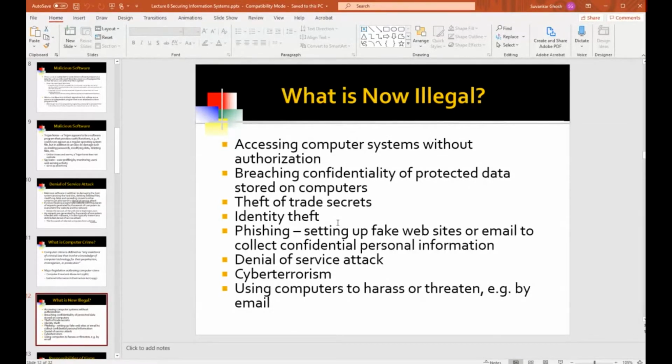Yes, they are targeting more the military secrets, but there is industrial espionage going on across the board, which may not be limited to just military secrets. You are breaking in to get other valuable information about your competitors, maybe about your competitors' strategies and plans. So that's theft of trade secrets.